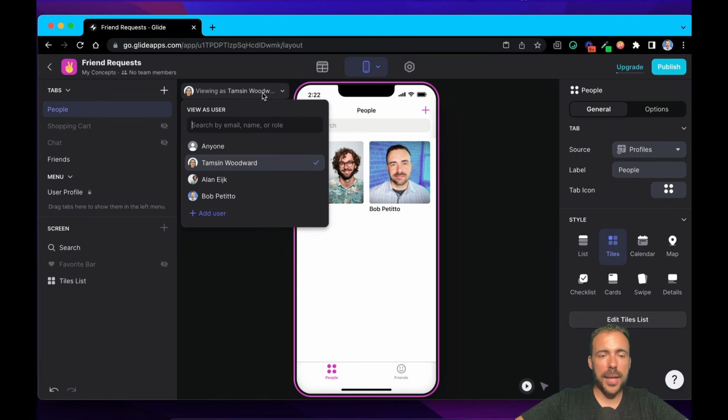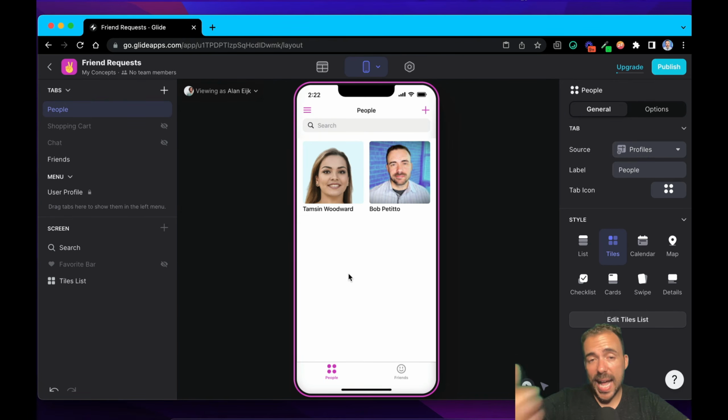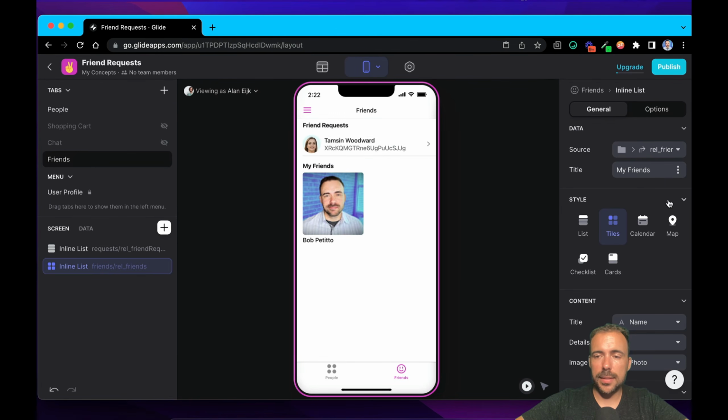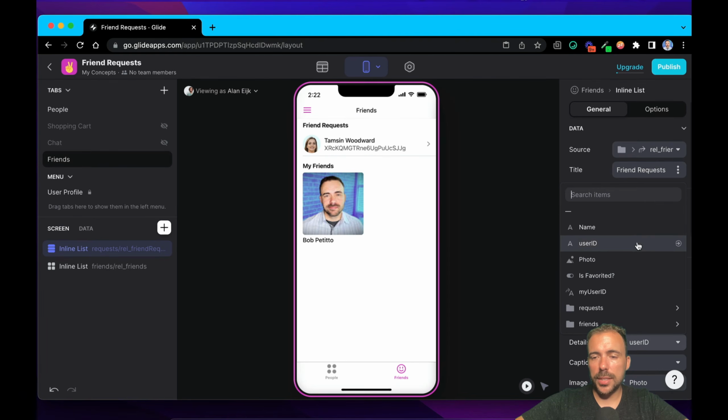So let's view the app as Alan. I imagine Alan will accept a friend request from Tamsin's profile, right? So if he were to visit Tamsin's profile, we should have some functionality there to either accept or decline. To make it a little easier, I have a new tab here called Friends, where I have two different inline lists. One of the inline lists is just the relation to friends, so it's showing people I'm already a friend with. And on top, I also have a list of friend requests,